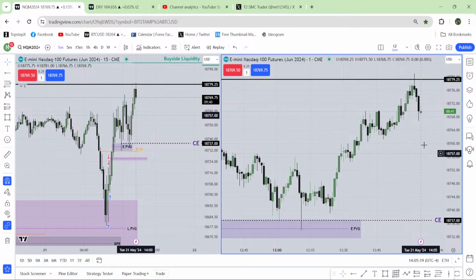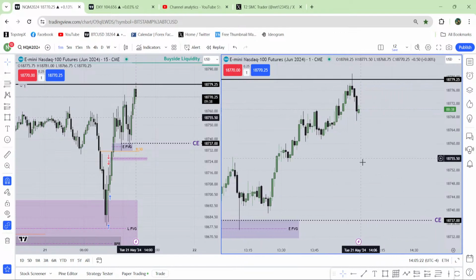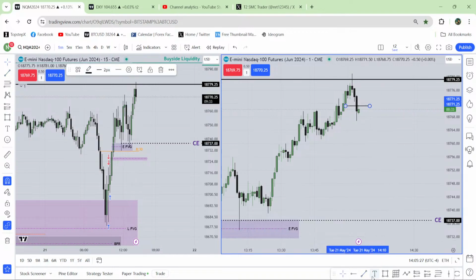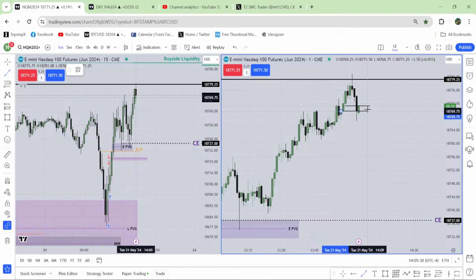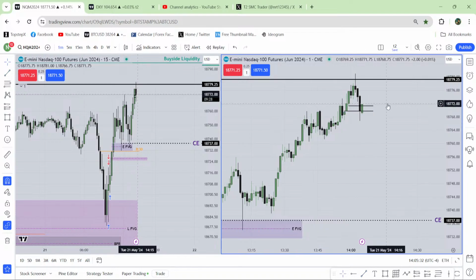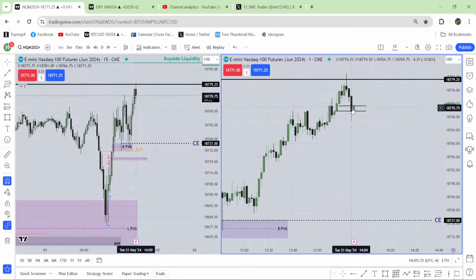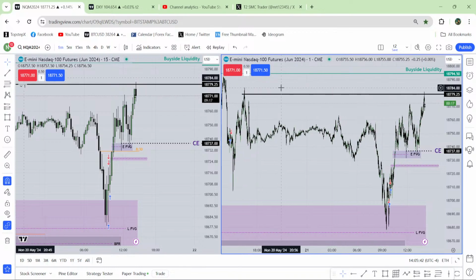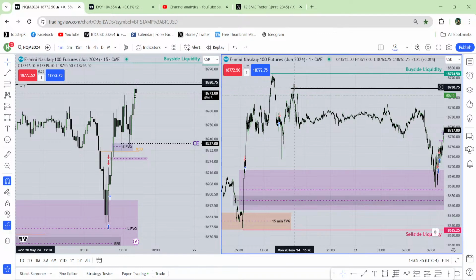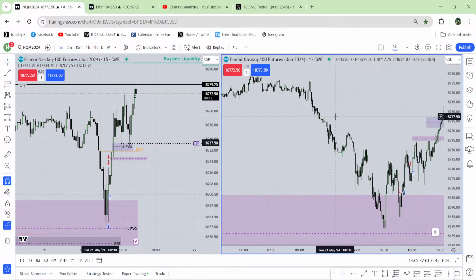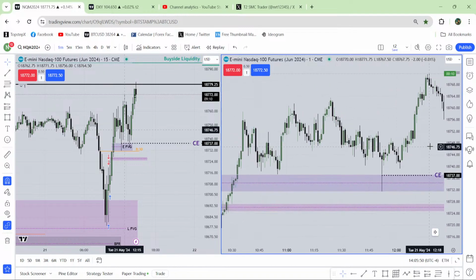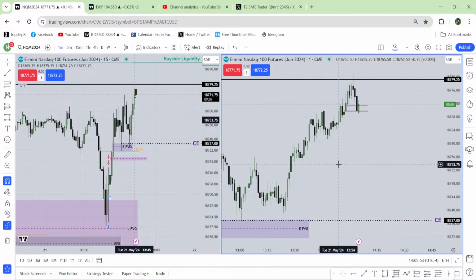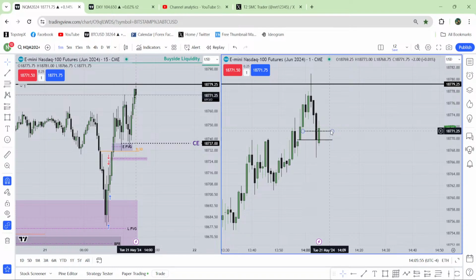By the way, this is the place where I should look for a first fair value gap entry. First market has to close below this fair value gap. This is the first fair value gap, I guess, I'm not sure. This high is not taken, I guess. Yeah, it's not taken and it has traded the last fair value gap. So I believe that there will be a first fair value gap entry, but first market has to close below this fair value gap.